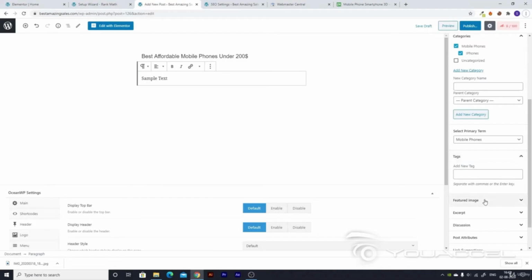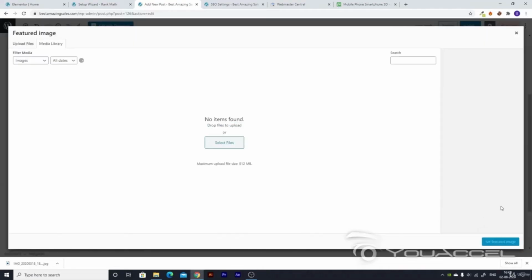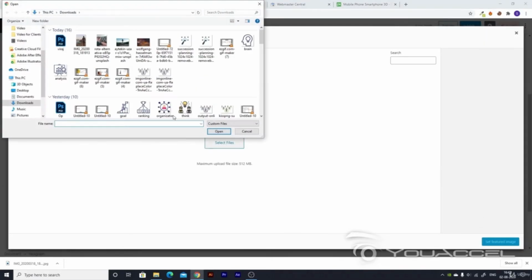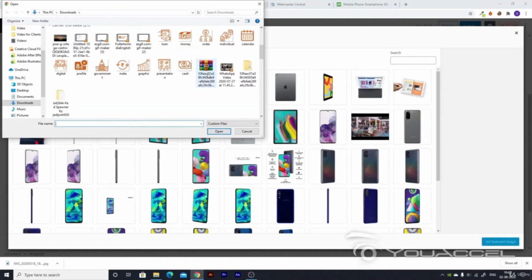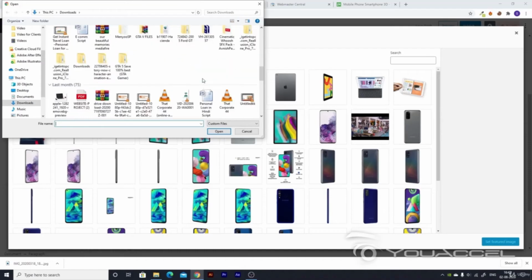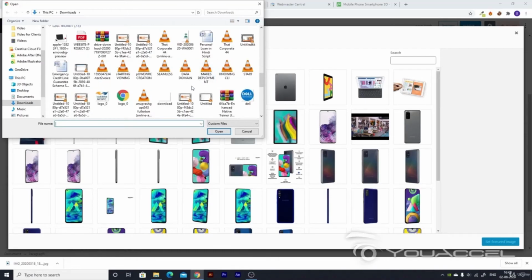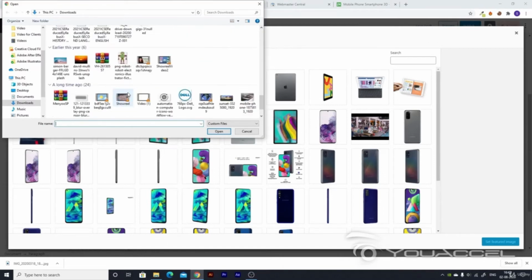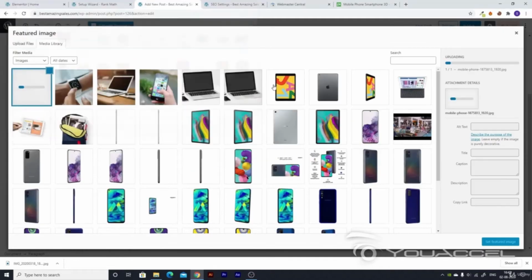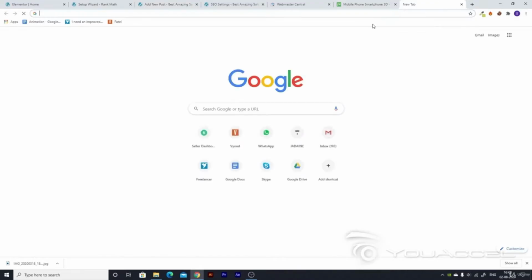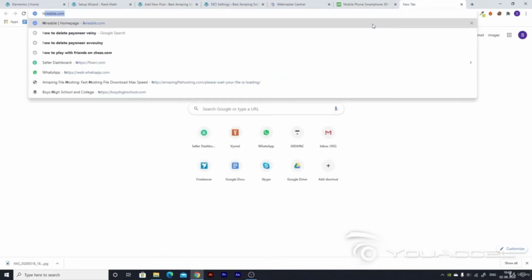After adding the tags, you will see the featured image section. You have to just go to it. You have to go to select files, and then you have to just add your featured image which you want the blog to show. Also, when I add this featured image, I'll just go ahead and add one, and as it uploads, I'll just show you one thing,